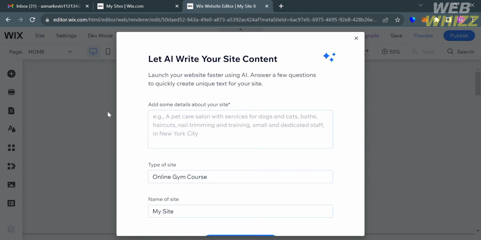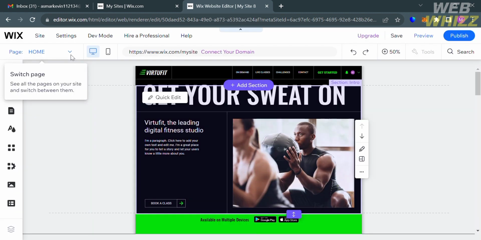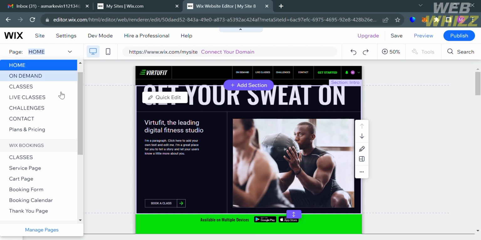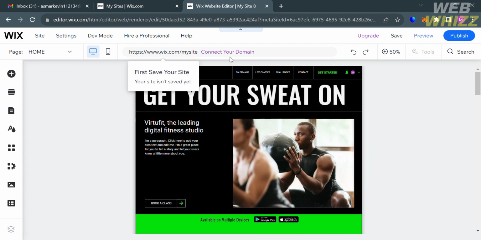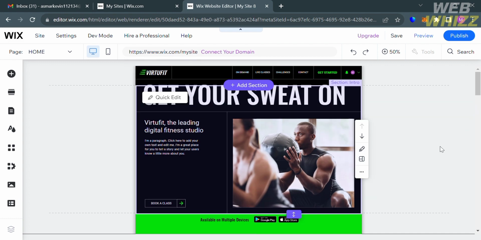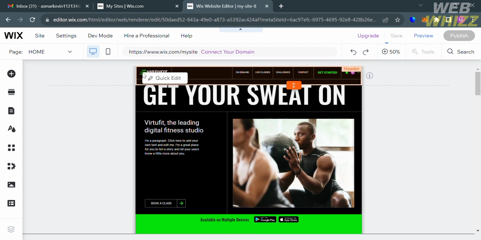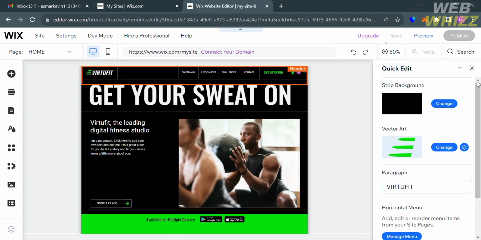So now, to start designing this gym website, you can start by clicking on the pages on the top panel, in which it will show you the list of the pages that this template contains. And as you can see, we're currently on the home page, and to start customizing it, you can simply click this quick edit right here, and it will show you on the right side panel the editing tools